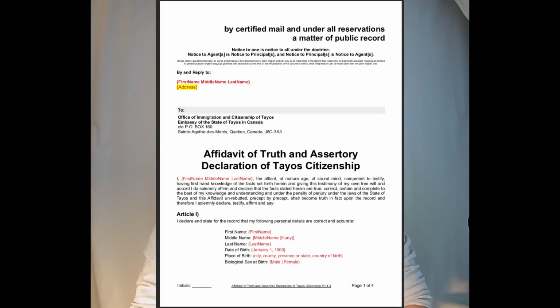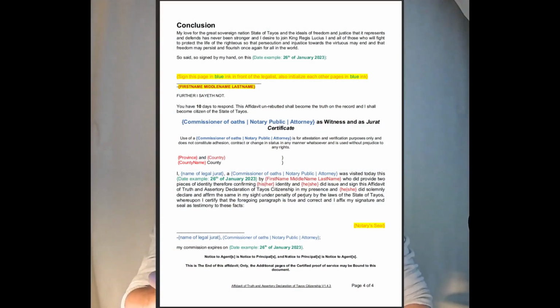And now, the other package is the word processing package. This one's a bit different. You need software to edit these documents. So you need either Microsoft Office or Google Office or any other. I do recommend LibreOffice, which is free and you can download on the internet. It's really excellent, and it'll give you everything you need on your computer to edit these files. These ones are a bit different because you can edit them as you wish. So here I'm going to show you the first page, and I'm going to show you the last page, the legalization page, right here.